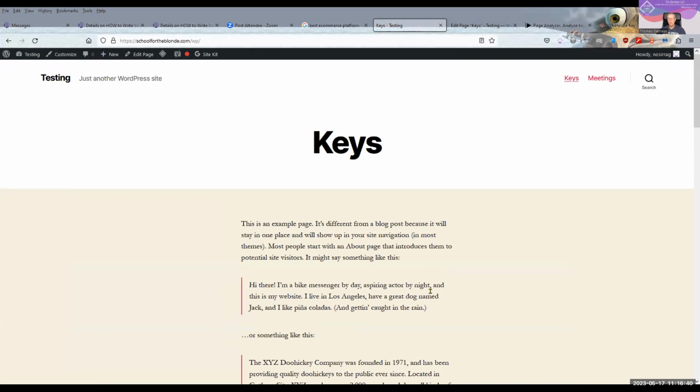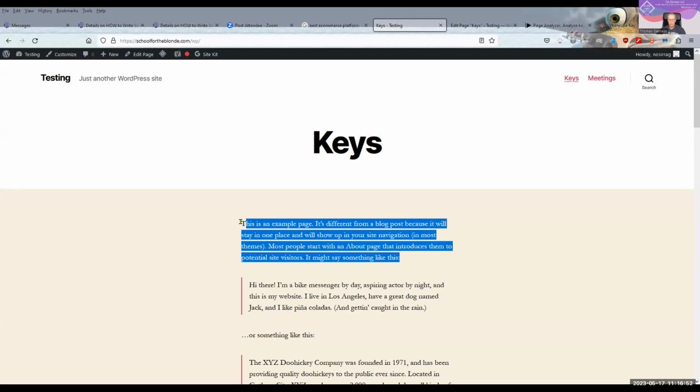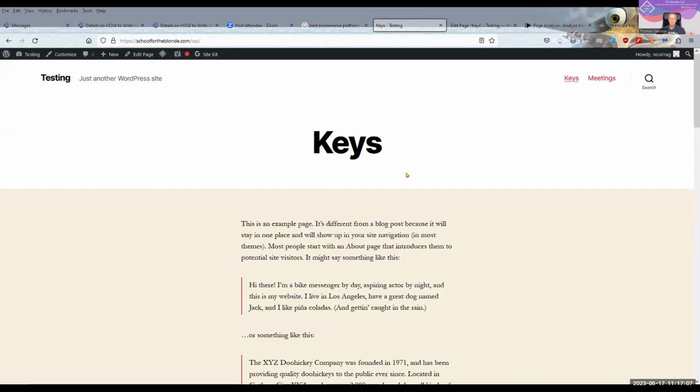So where do we go from there? What kind of keys? Do people search keys? How many people search keys? If you don't know that information, you can't begin to write anything. If you don't do the research, what information you see on this page is as good about writing for keys as it is any other subject, which means it's terrible because the research hasn't been done. Keys is only in my head and it's in the title right now.